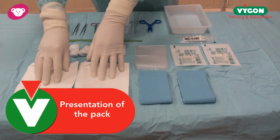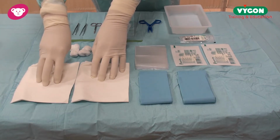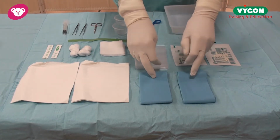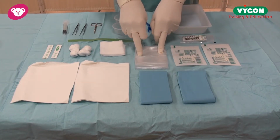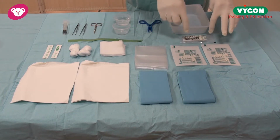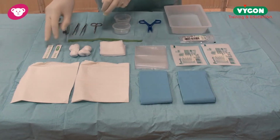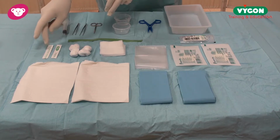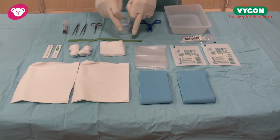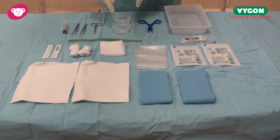Here we have two absorbent drapes for cleaning the baby's arm, and this will collect any spilt povidone iodine. We have two drapes here to give maximum barrier precautions. Our new transparent drape, which I'll show you in more detail in a moment. Our fixation care of Tegaderm and 3M Steri-Strips, a selection of swabs, two measuring tapes, one for pre-placement, i.e. non-sterile, and one for post-placement, sterile, our tourniquet, which is siliconized, which is very soft for the baby's skin,